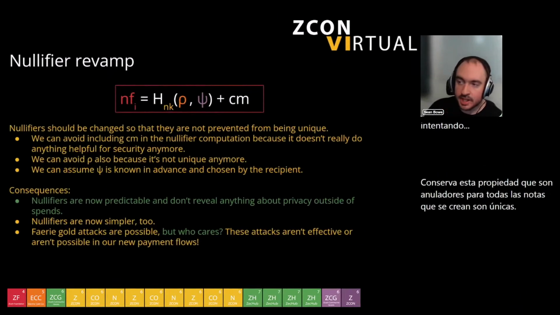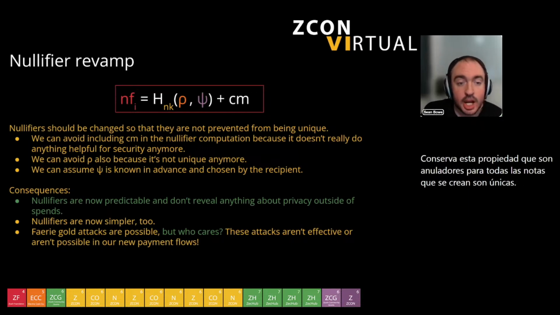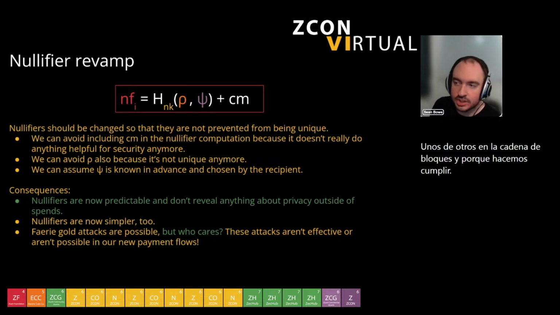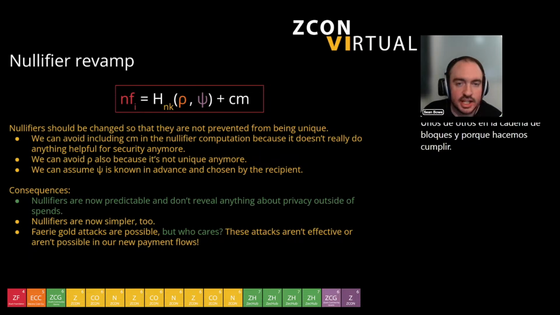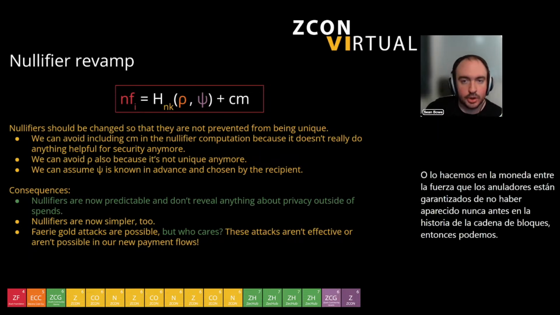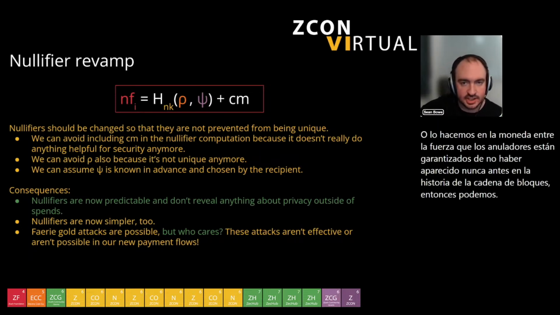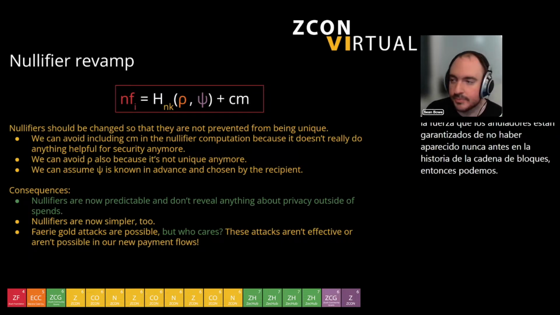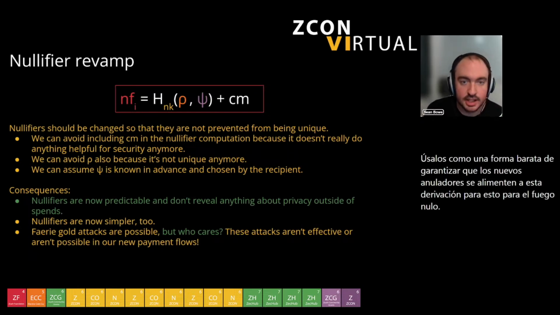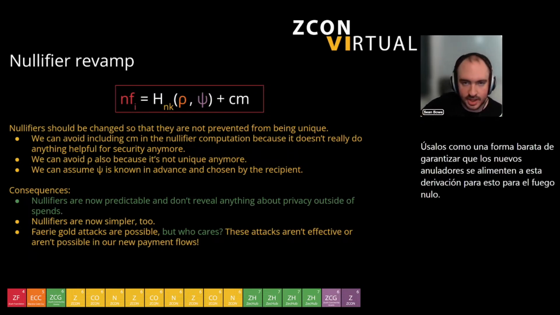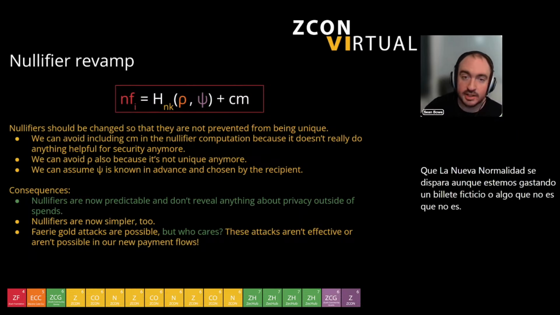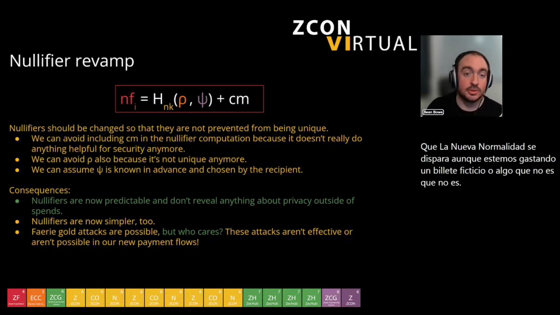Because in the current Zcash we enforce that nullifiers are guaranteed to have never appeared before in the history of the blockchain, we can use them as a cheap way to guarantee that new nullifiers, by feeding it into this derivation, even if we're spending a dummy note that's not required to exist in the chain, are still unique. So